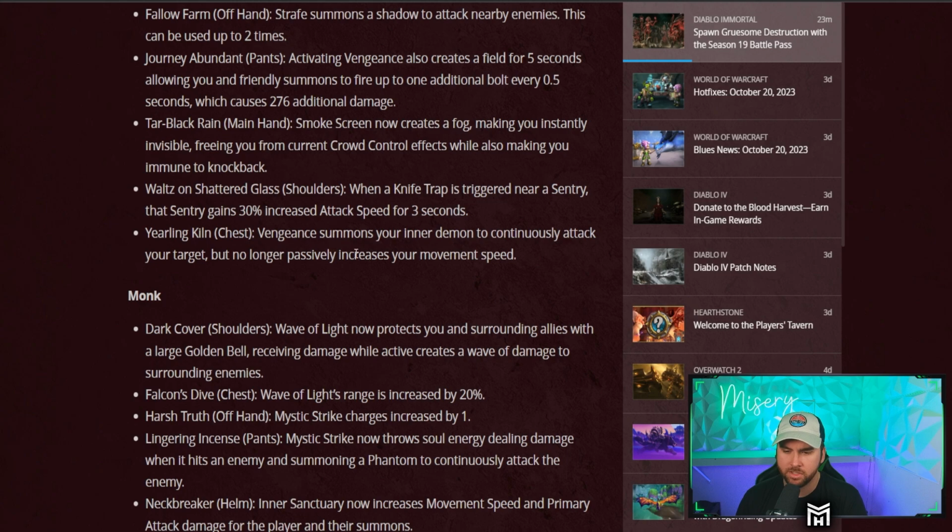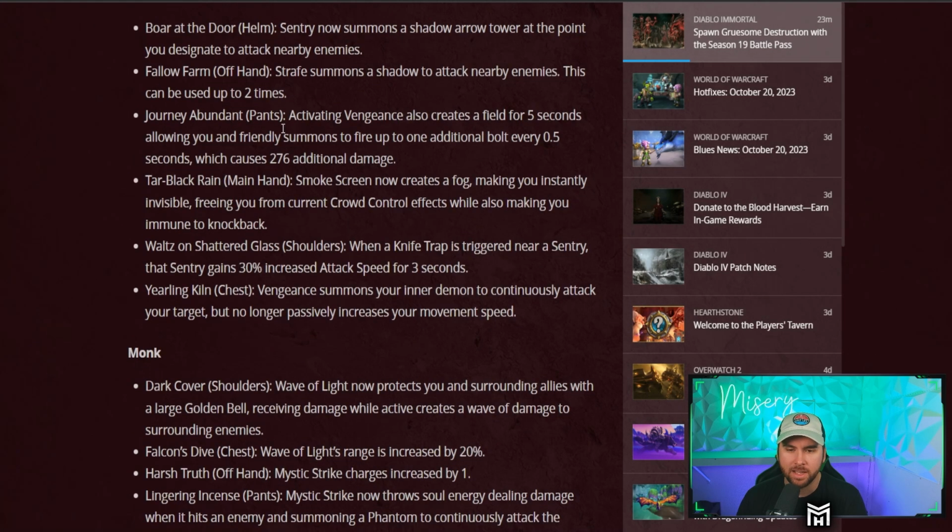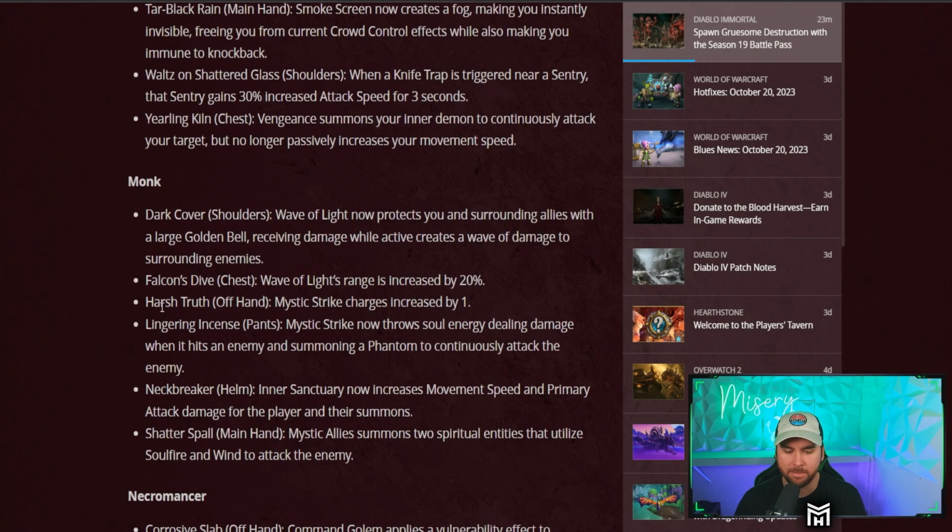So Vengeance summons your inner demon to continually attack your target, but no longer passively increases your movement speed. I mean, that's fine. Interesting. Okay. I like most of these for the Demon Hunter, basically all of them that aren't Knife Trap or Sentry related. So there's that. Monk, who I will be going on whenever I'm done with the Crusader, which will obviously